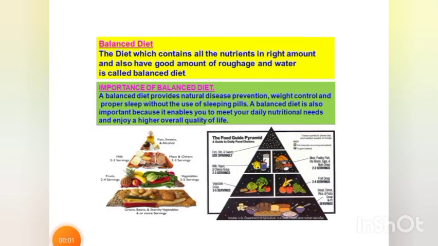The diet which contains all the nutrients in the right amount is known as a balanced diet. It also contains roughage and water. So what is the importance of the balanced diet? The balanced diet helps in the prevention of diseases. It keeps us healthy and fit. It prevents us from various diseases. It also helps to get the nutritional needs and enjoy overall